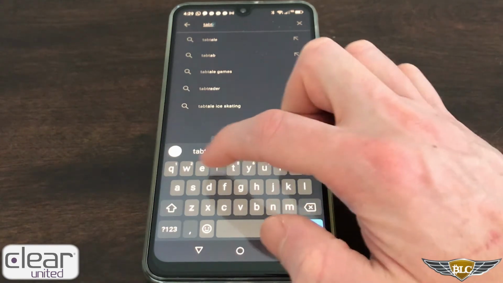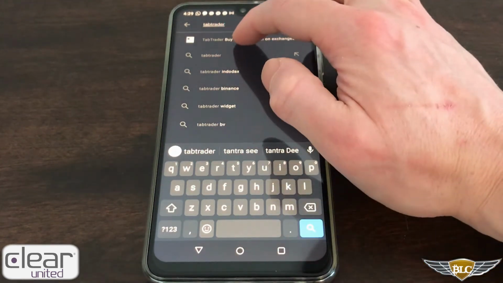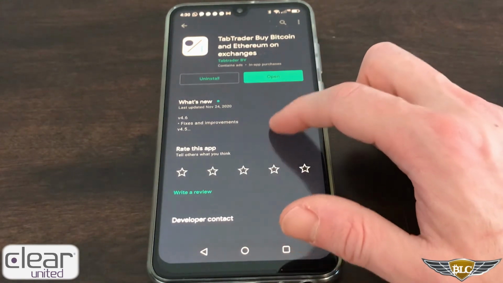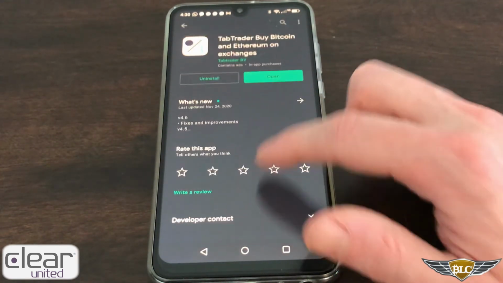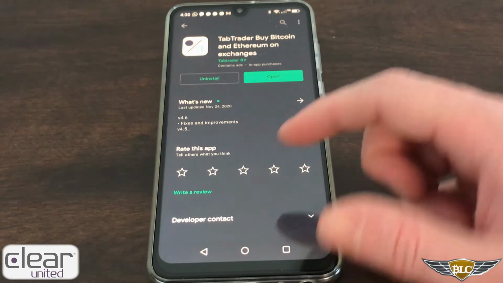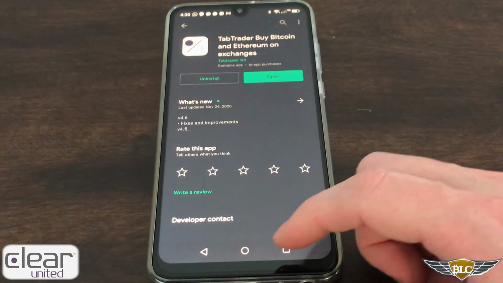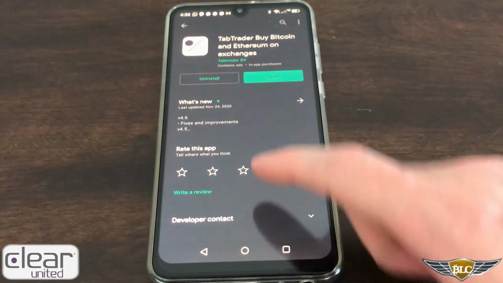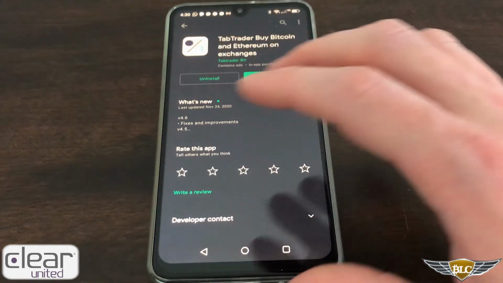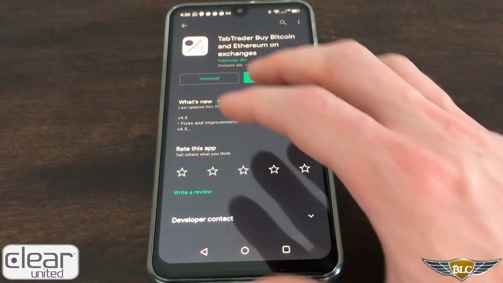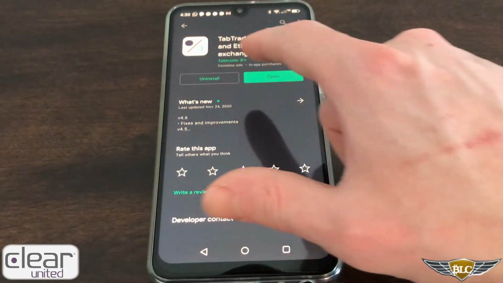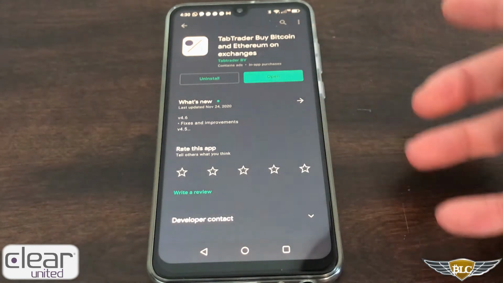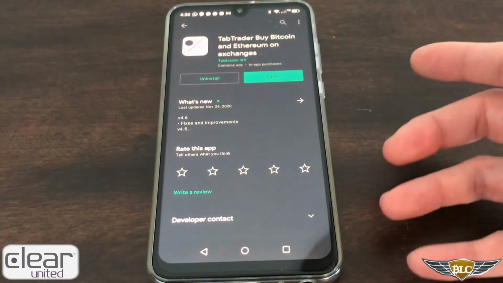Like I had to download my Tab Trader app, which is a great app for crypto charts and that you can get from the Google Play Store. And this is definitely an app I swear by, have been using for years, actually since 2015. Show you real quick by pressing the circle button is the home button, so that would back me out of the store. But basically any app you go to, just like you are on the Android, you would just click to install. This one I've already installed, and when you install it, it goes straight to your phone. Very straightforward. You're used to this, okay?